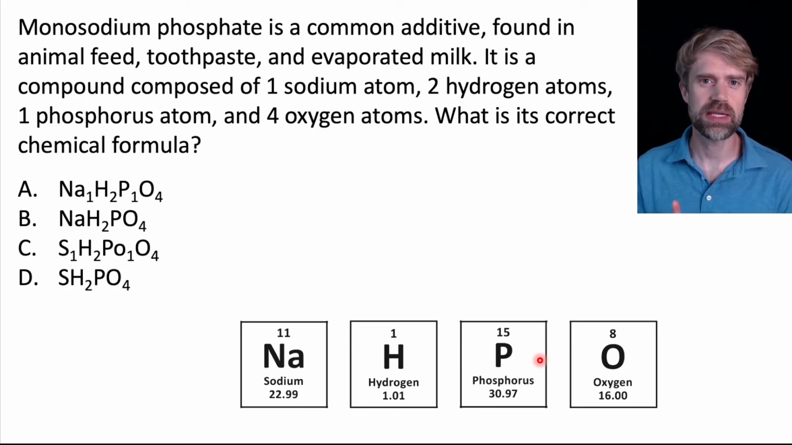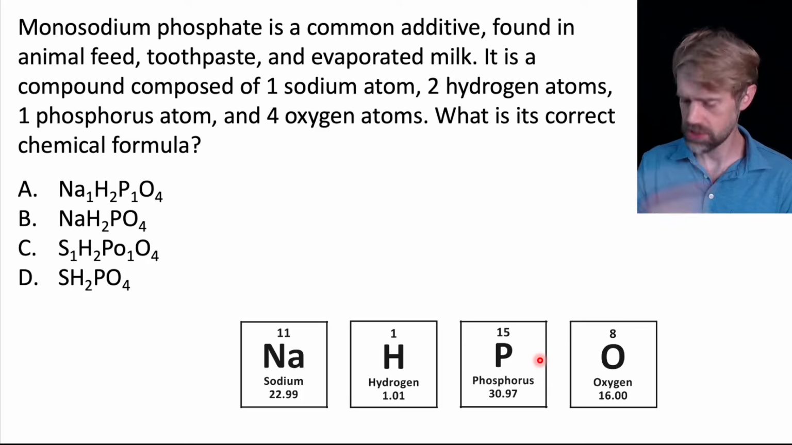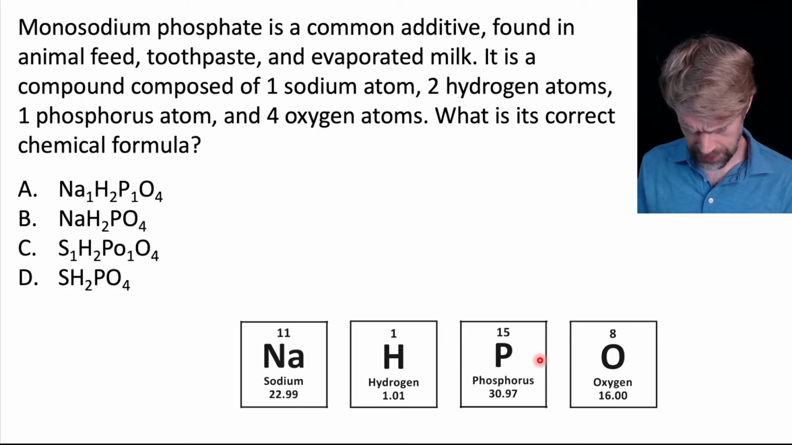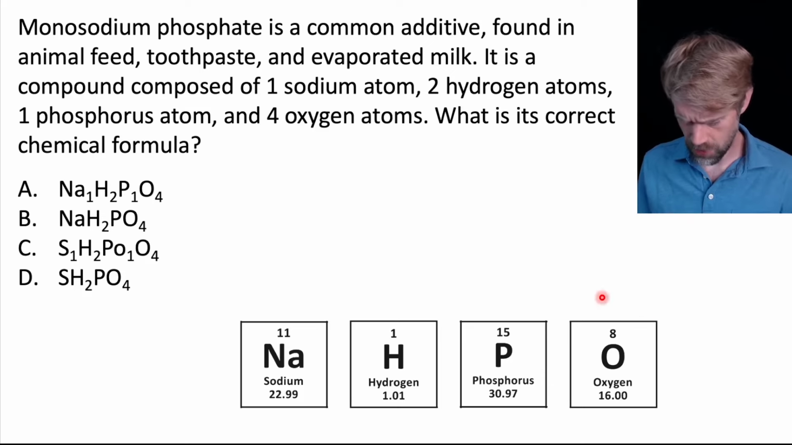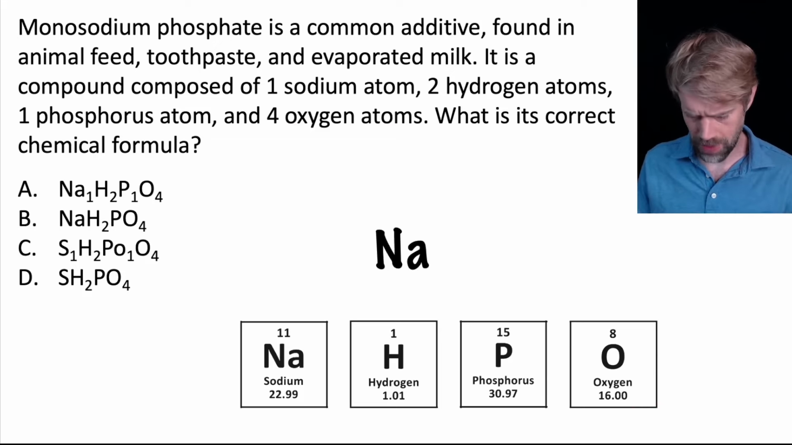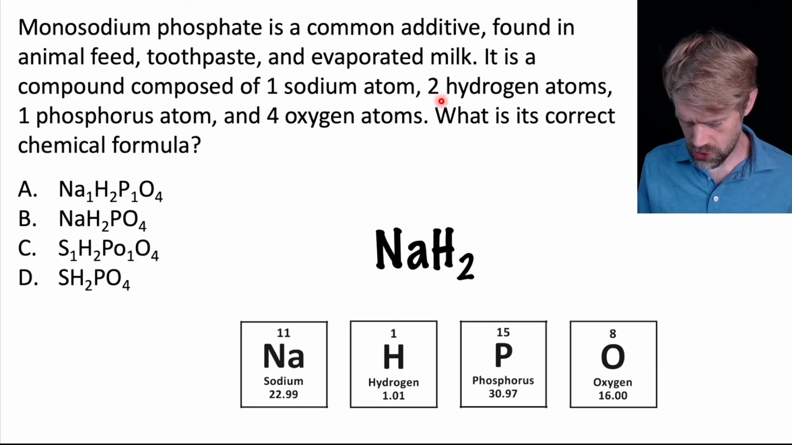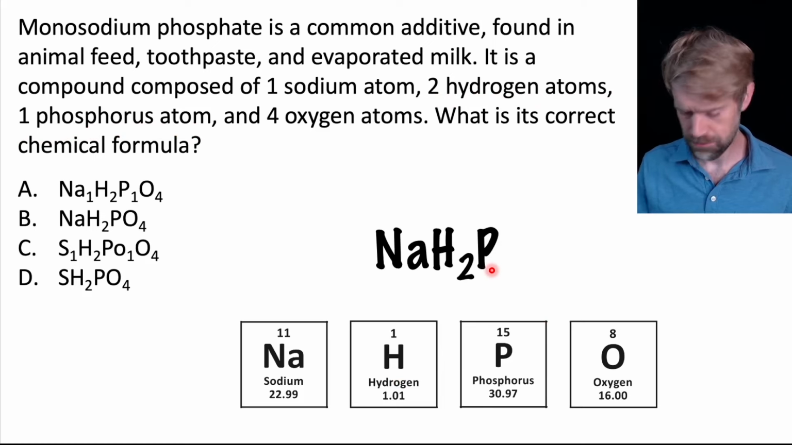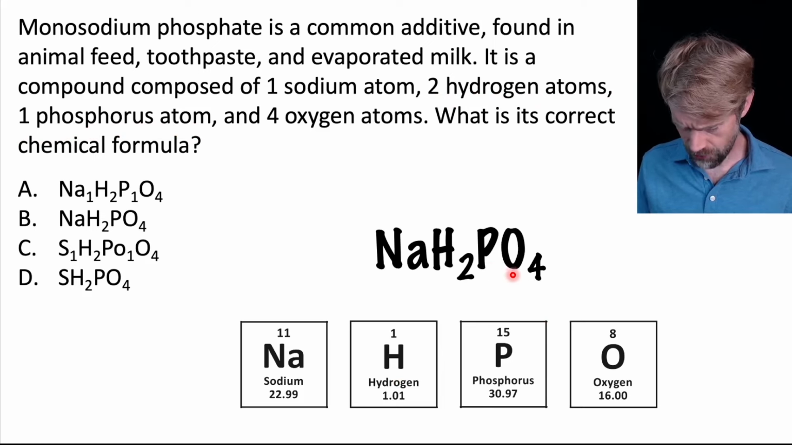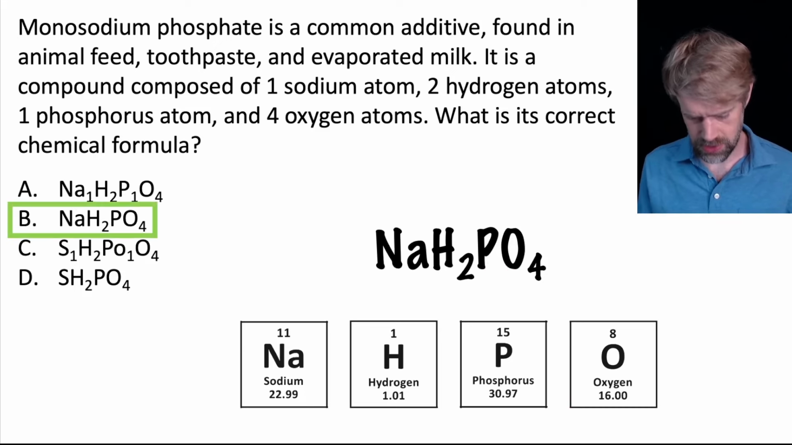Remember, phosphorus is P, it's not PO. Some people think it's PO, it's not, just P. And finally, we have oxygen, O. Okay, so these are the elements that we are going to be using. Now, one by one, we have 1 sodium, so that's just Na. We have 2 hydrogen atoms, so that's H2. We have 1 phosphorus atom, just the P. No number. And finally, we have 4 oxygen atoms, which means that our correct chemical formula is